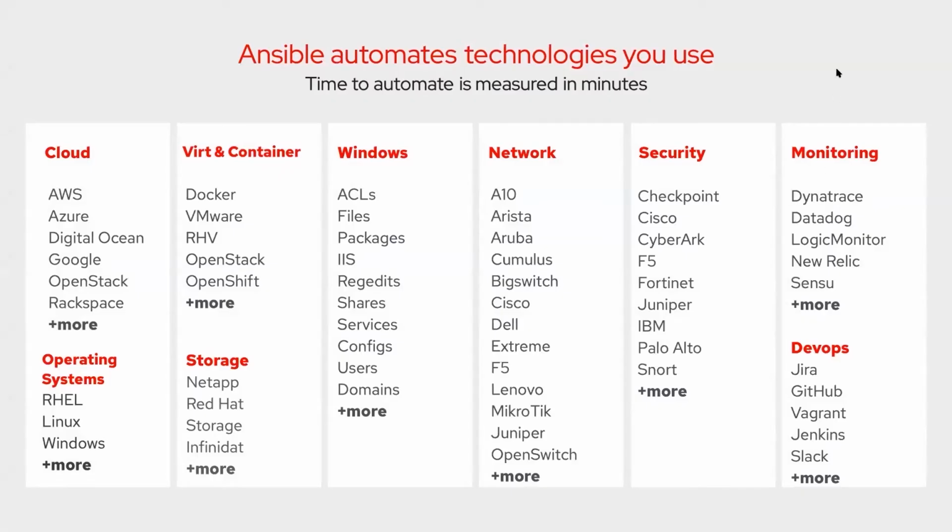There's a ton of technologies that Ansible has built in what are called modules for, and this is a list of some of them. You can see a ton of the network vendors here. We can deal with Windows devices, virtualization, cloud, various operating systems, storage devices, monitoring management, and DevOps. There's tons of things you can do here, and again, this is growing extremely quickly. If you don't see the tool here, you'll notice it does say "and more," but also you can very quickly create your own automation and management package. If there's an amazing new network device that comes on the market next week and no one has used it with Ansible before, it's extremely easy to get started and create your own modules for it.